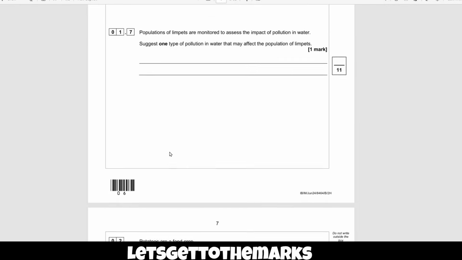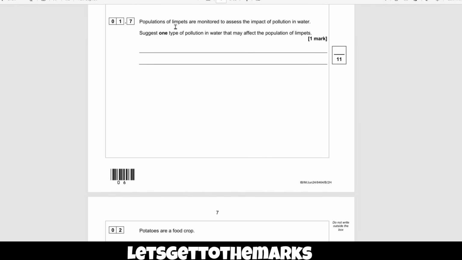Okay, populations of limpets are monitored to assess the impact of pollution in the water. So give just one type of pollution in water that may affect the population of limpets. They're really just asking you for a pollution that could be in the water. So we could say oil, crude oil, we could say microplastics, anything sensible. This is in the news a lot, microplastics. We could say sewage,